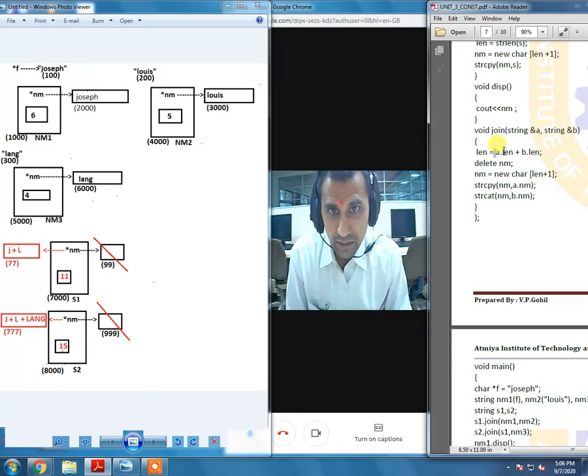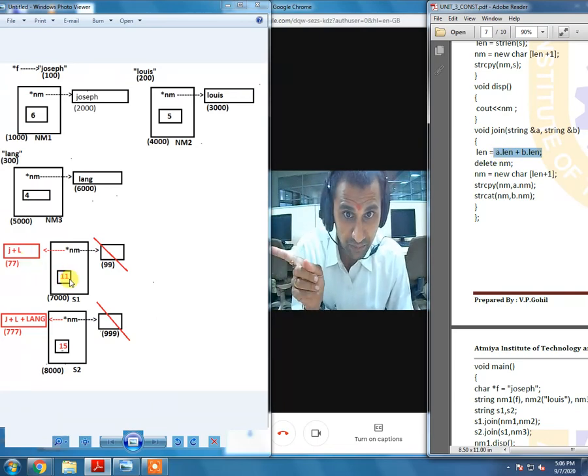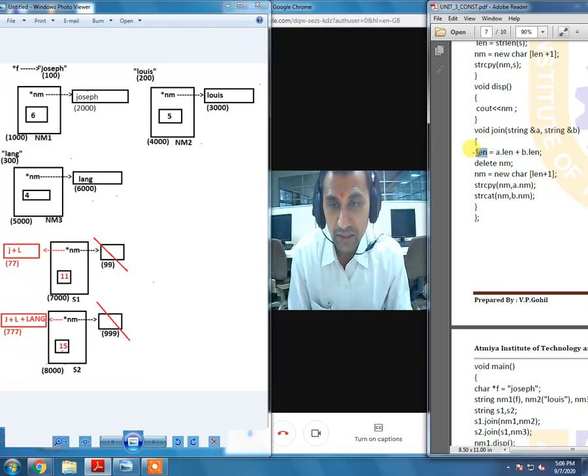A dot length, what is actually, we are supposed to refer 11 because A is nothing but the S1 object and we are supposed to refer the length of that object, that is 11. B, nm3, what is the value of length there, that is 4. So we want to add 11 and 4 and store the answer into length.